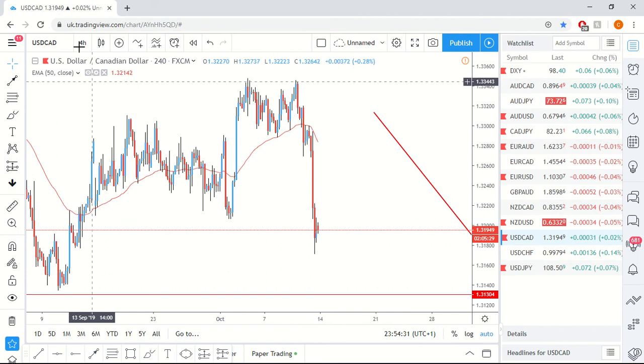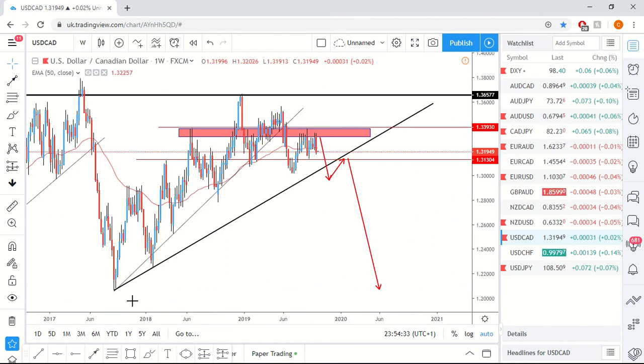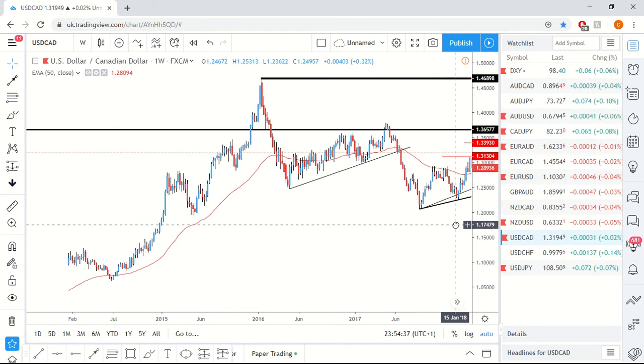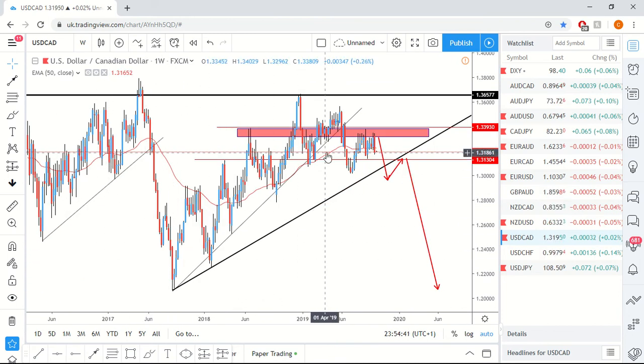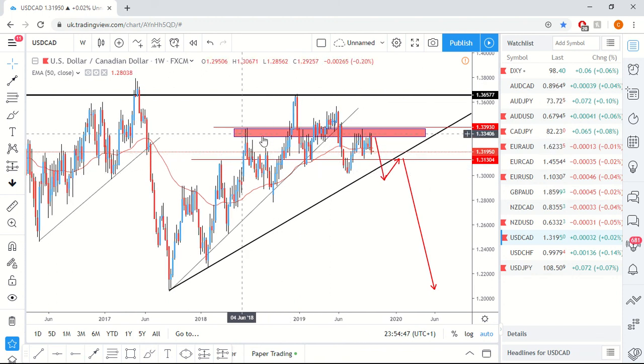Okay, moving on to the US dollar CAD. Still got this long-term picture in my head. We can see a series of correction, impulse, correction, impulse, and now we've got this correction again. What I'm looking for is another impulsive move. So you can see we've got 1 wick, 2 wick, 3 wick, 4 wick, fake out, 5 wick, and then all this price action here. Now we've got these series of wicks and a massive impulsive move.